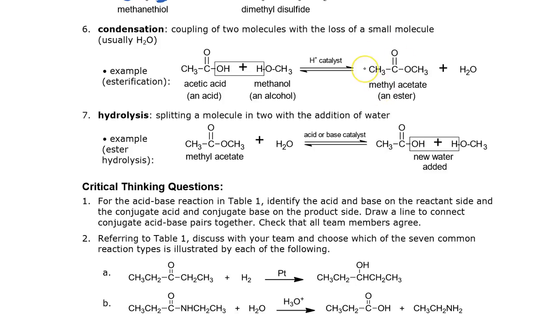The reverse of a condensation is a hydrolysis, which instead of joining two molecules and removing water, we add water to split the molecules. So we take the molecule, we add the water, and we split it. So if we see in the condensation, the new bond was formed here. When we split that, we're going to split that bond, and then we're going to put the H on one side and the OH on the other side so that we get back the acid and alcohol functional groups that we had.